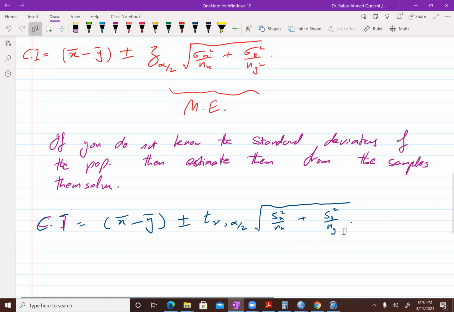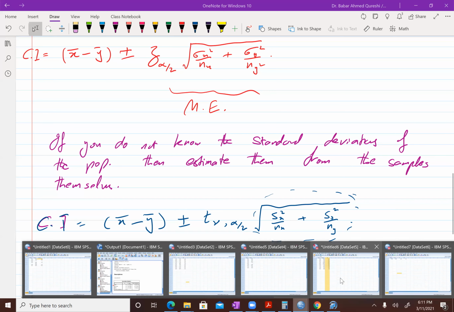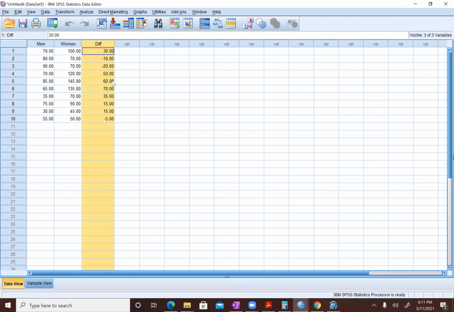While if they were correlated, then you have extra information about them, and you can sort of reduce the standard deviation. That's the whole point of correlated data. Whenever you have correlated data, you have some extra information, and then you can compute the standard deviation using the third column.